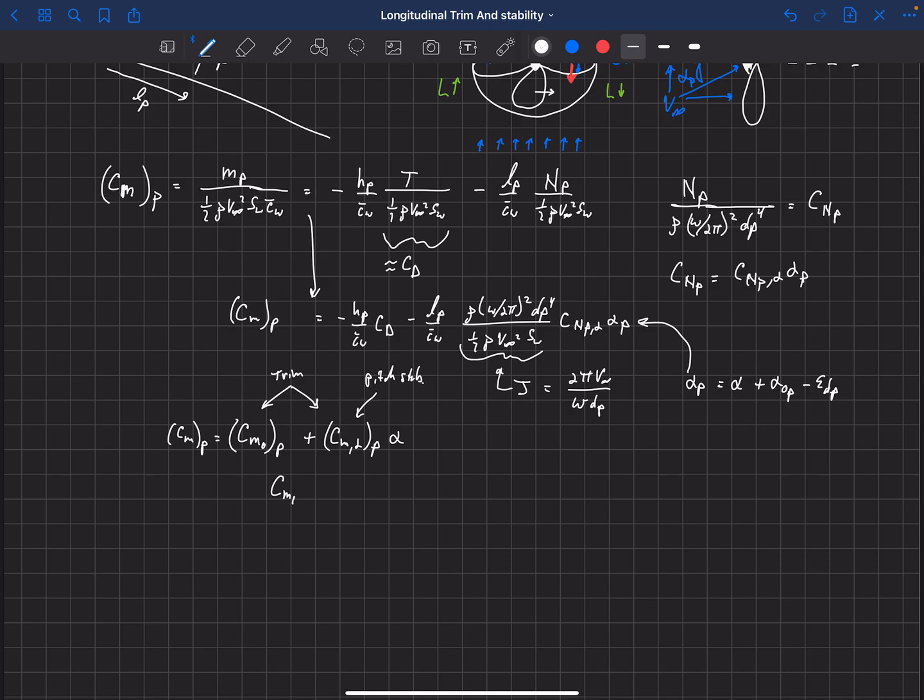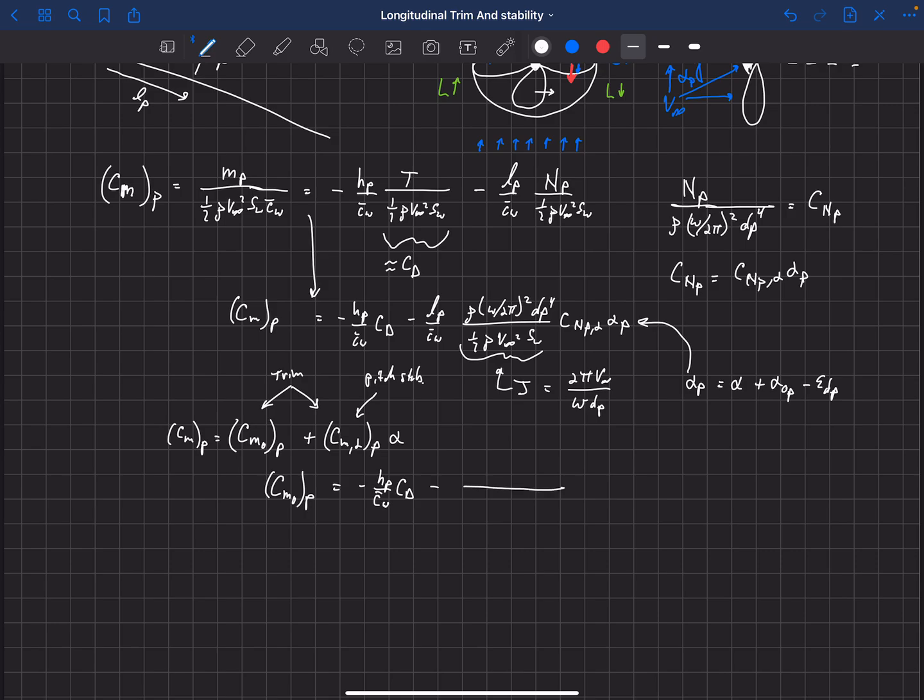So Cm naught of the propeller, once we've plugged in this J for some of the terms in here, and then plugged in this definition of alpha p, then that is equal to minus HP over C bar wing times CD, so that's our drag coefficient,